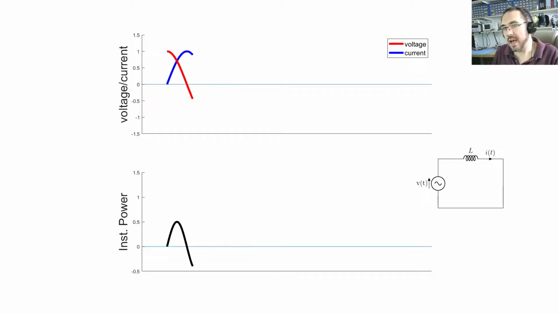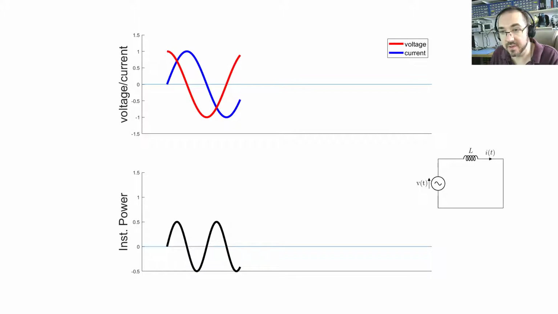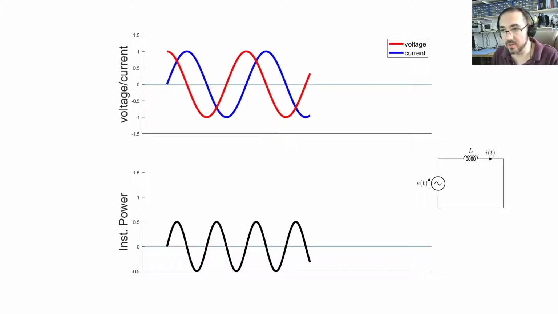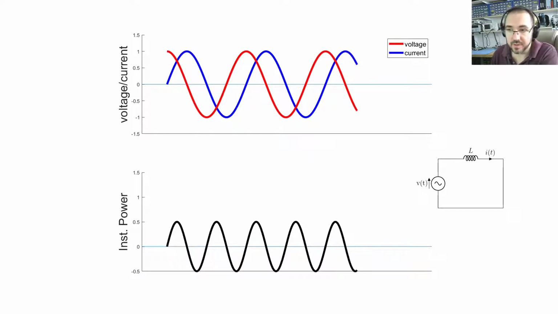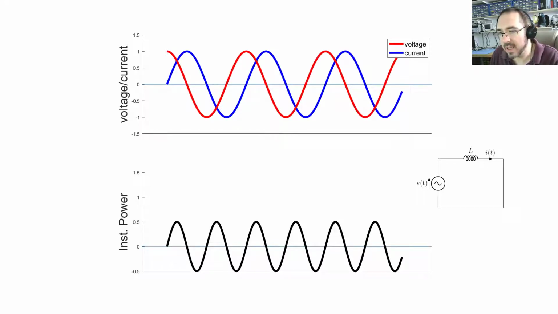Now, take a look at the situation where we only have an inductor in the circuit. Now, of course, if you have an inductor, the voltage and current will be 90 degrees out of phase if all you have is inductance in the circuit. And you can see something quite different happens now, okay? Because